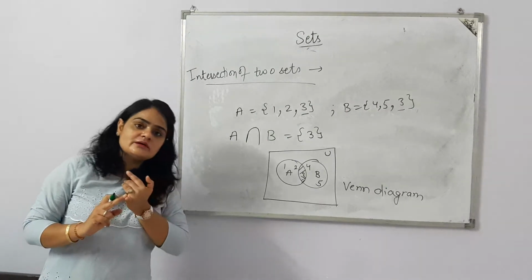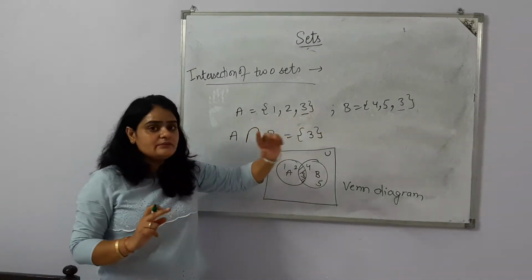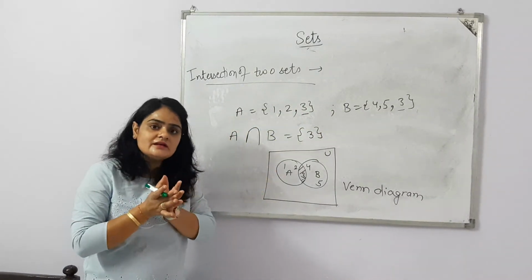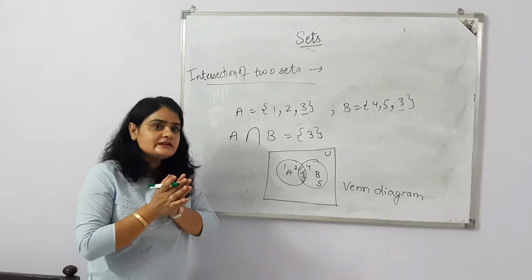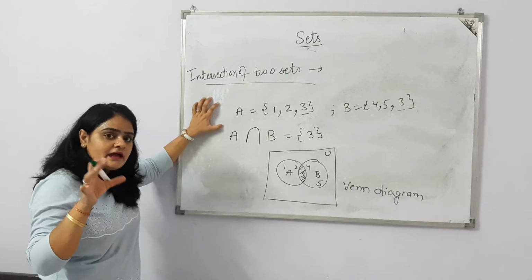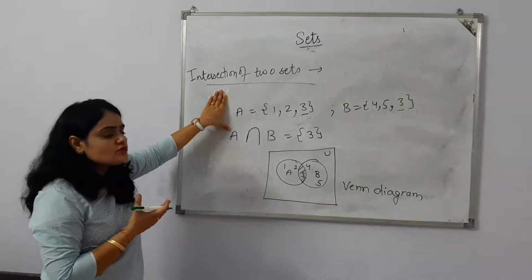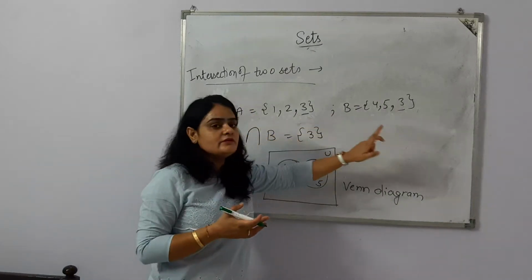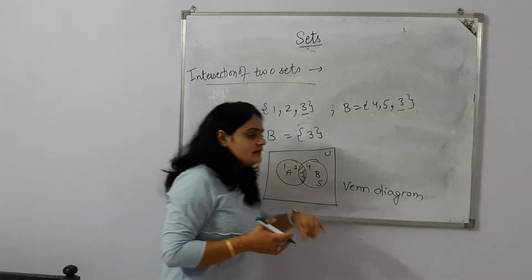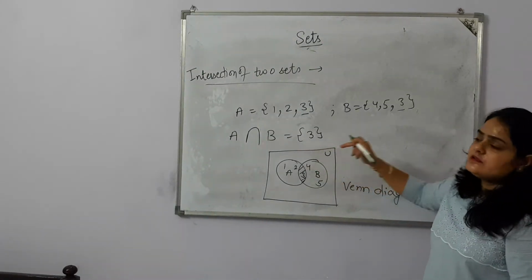Union means you have to club all the terms of A and B. If we are talking about 3 sets, 4 sets, we can club, we can unite them. Union means unite. We have to unite the elements. Now intersection means take the common portion. Here we have 2 sets and 3 is coming common in between, so A intersection B is 3 in brackets. That means A intersection B is a set, and the set contains 3 as an element.